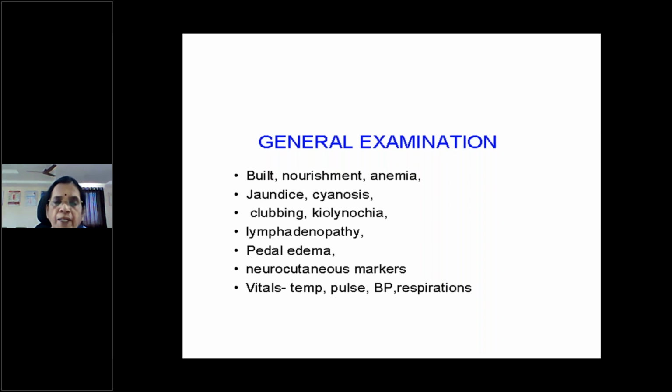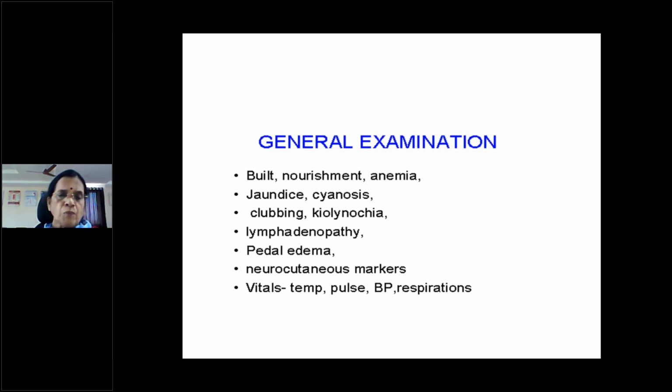And then pedal edema. Commonly pedal edema occurs whenever the tone of the muscles is reduced, say in a paraplegia or in case of hemiplegia. So the patient is bedridden for a prolonged period, and in that the vasomotor tone is lost. That's why the venous filling is increased and the patient can develop pedal edema. If a patient is bedridden, the patient can have edema over the sacrum and occipital region. So pedal edema or edema otherwise, you have to look for it in the general examination.